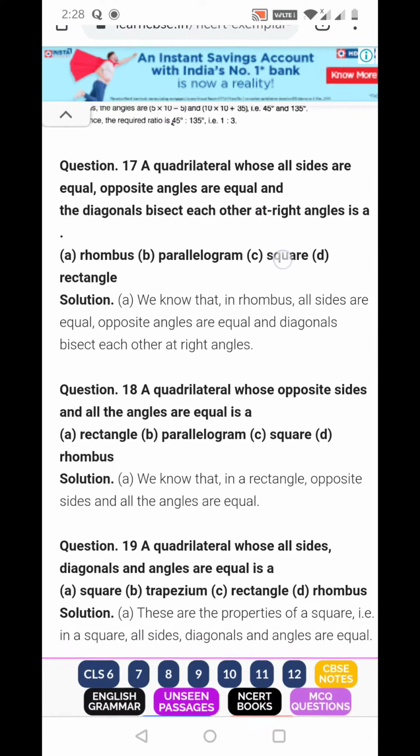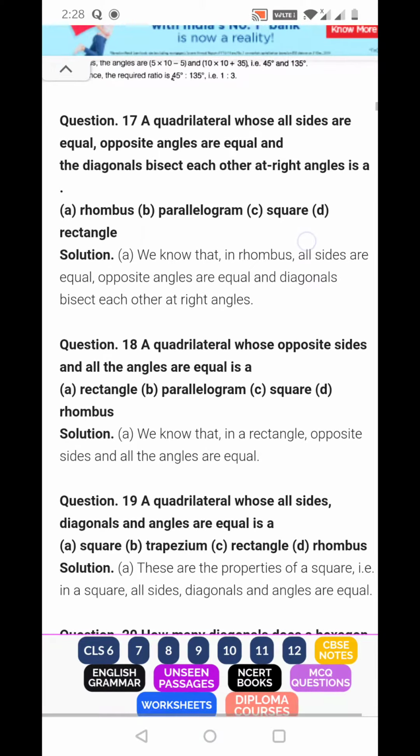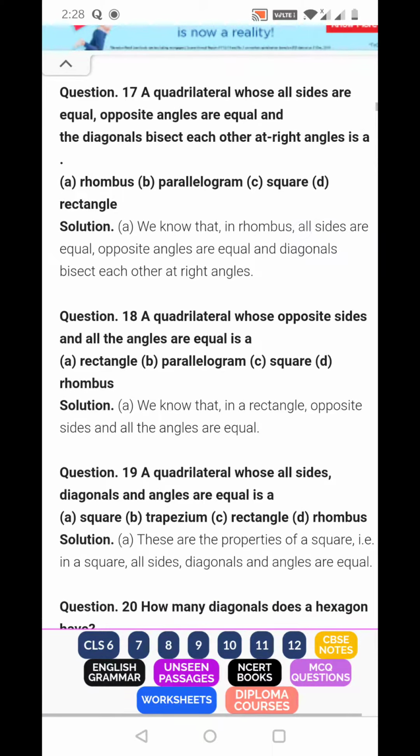Welcome back, students. Now we will do question two from NCERT Exemplars. You can find these NCERT exemplar books at a bookshop, or if you are using a smartphone you can download them from the NCERT website, where you can find exemplar books for math. You can download it and do it by yourself. So let me proceed further.